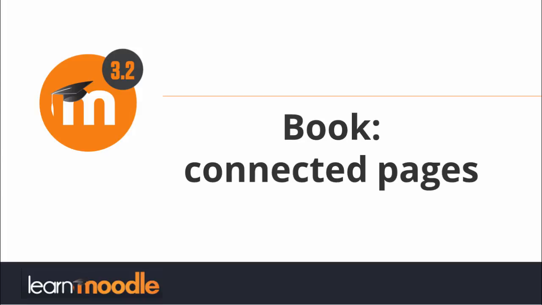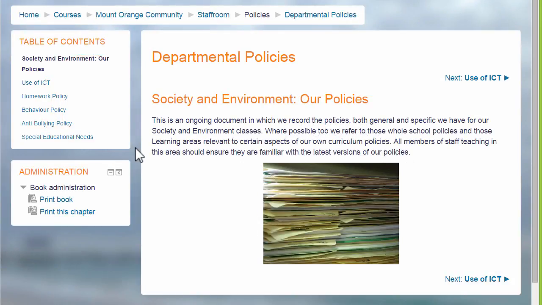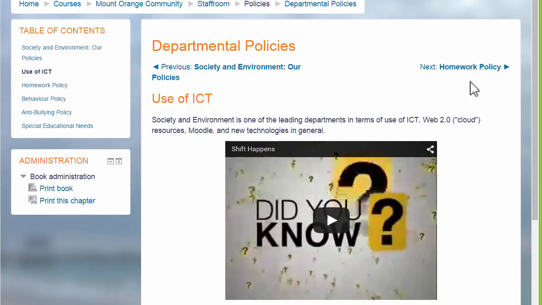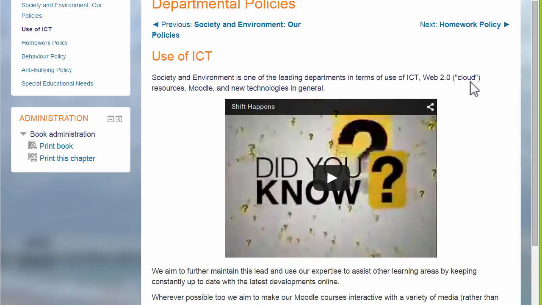Book, connected pages. A book in Moodle is a series of connected pages. You can think of it as a mini website or as a manual, as for instance this book on a school Moodle, which is a departmental policy document. A book is useful because you can include not only text, but links, images, sound and video, such as a